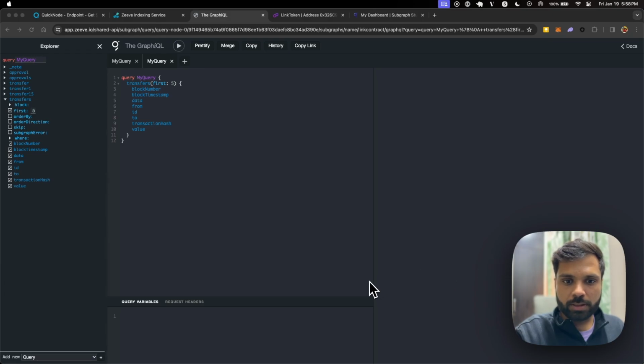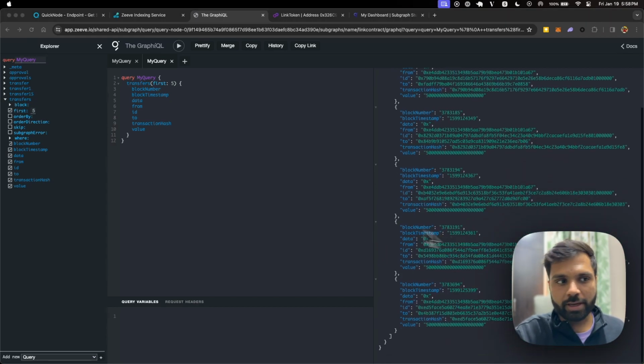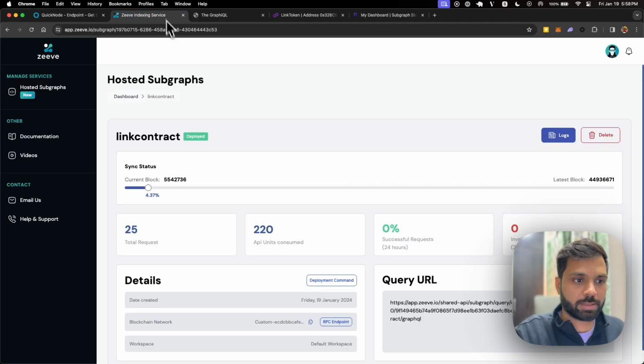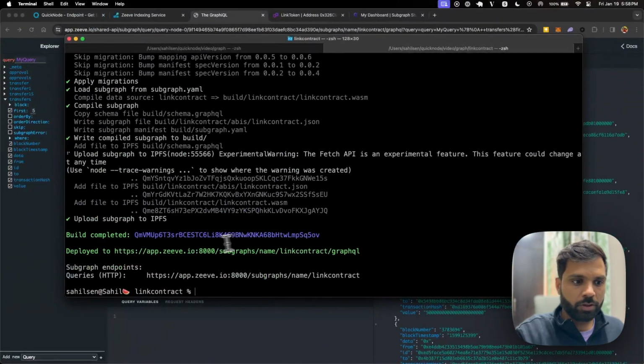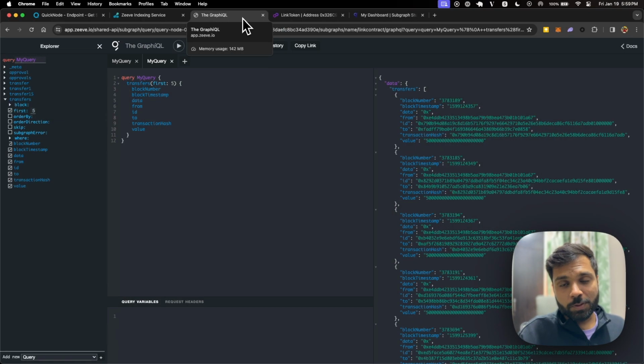Once you click on this button, you'll get the first 5 transfer transactions since the contract was created, and you'll get all of this information which you have set. And yeah, it will take some time for this to sync, but you can still start querying it. And if you want to query in your code, you can use this subgraph endpoint. So this is how you can create and deploy your own